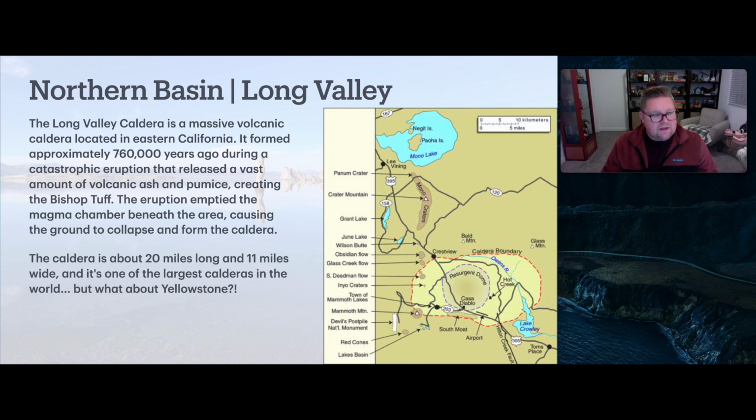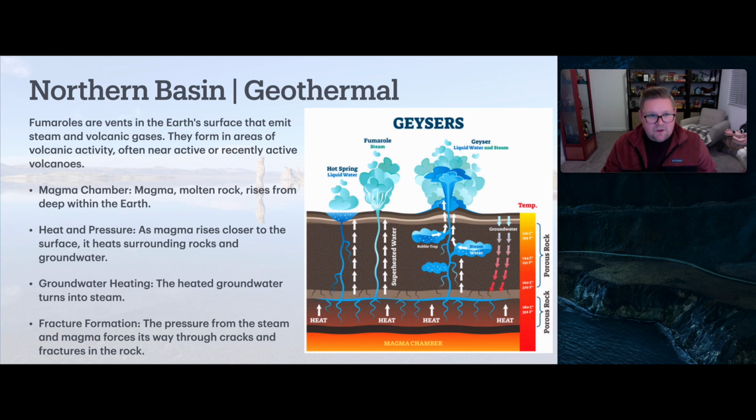So what are some of the things that we can still see there? We need to acknowledge the geothermal activity. Fumaroles are vents in the Earth's surface that emit steam and volcanic gases. They form in areas of volcanic activity, often near active or recently active volcanoes. So when I think of fumaroles, I think of